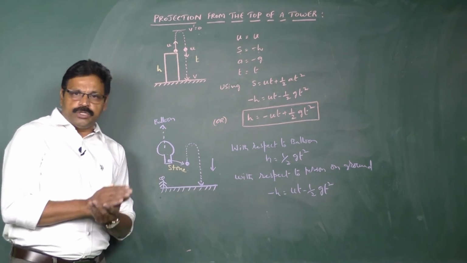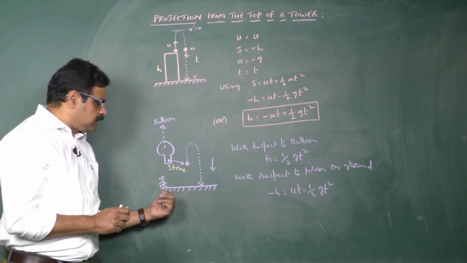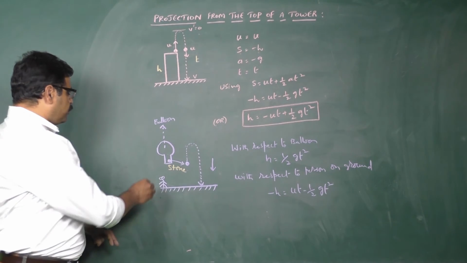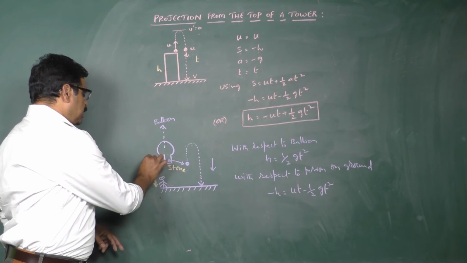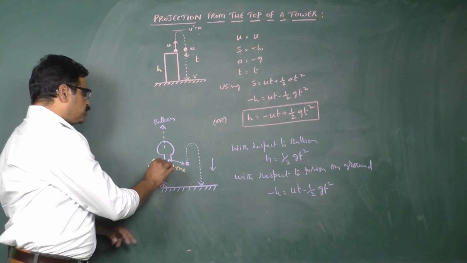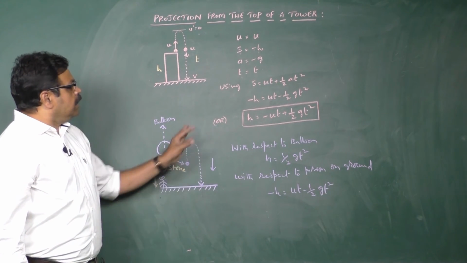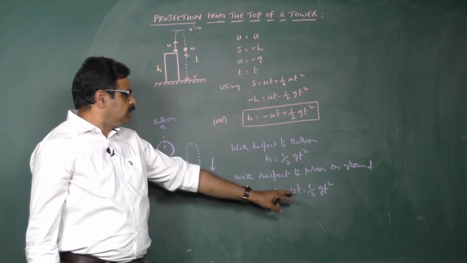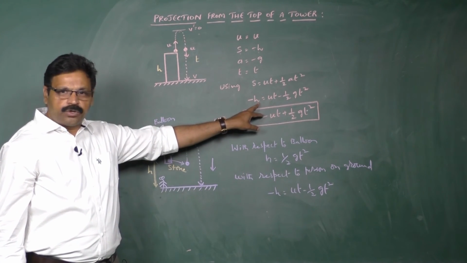Here two factors you need to consider with reference to the person standing on the earth. So with reference to the person standing on the earth, the balloon is at a height of h initially. So the height of the balloon initially is h. This he wants to find out. The value of h is to be determined. In such a case, he will be using the equation just similar to the case we have discussed, that is minus h is equal to ut minus half gt square. The equation written over here.